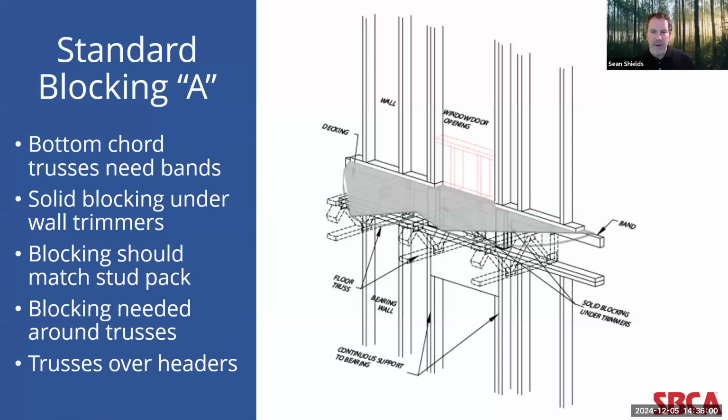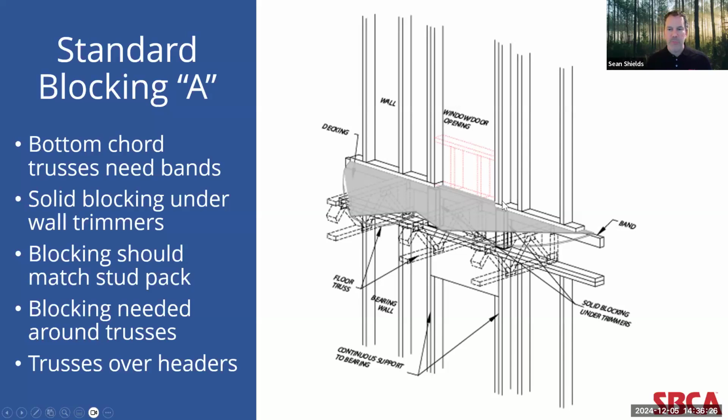It should go without saying that in order for this blocking to function properly, all the wall trimmers around the rough opening from the floor above need to line up with the studs below for efficient transfer of load. The third thing I want to focus on is that when a truss ends up lined up with a wall trimmer around a rough opening, so if a floor truss ended up in this area,